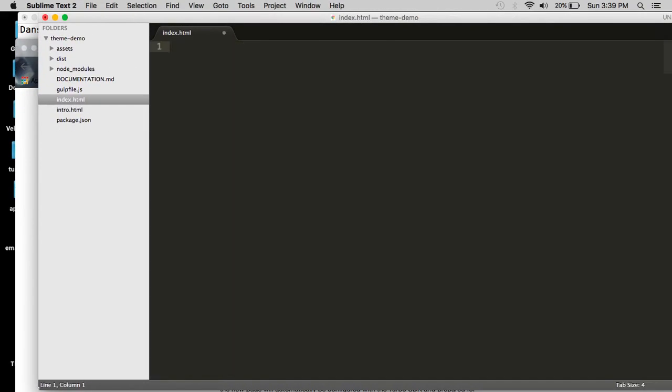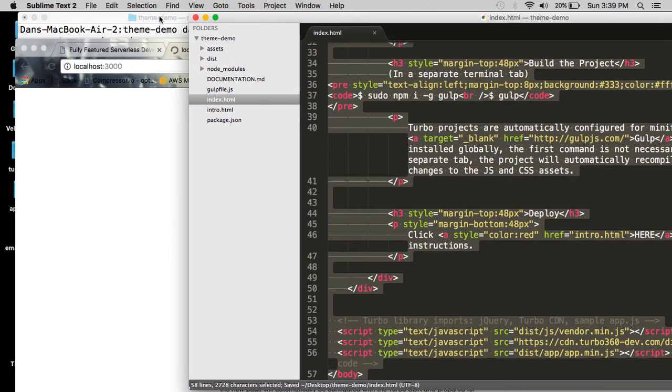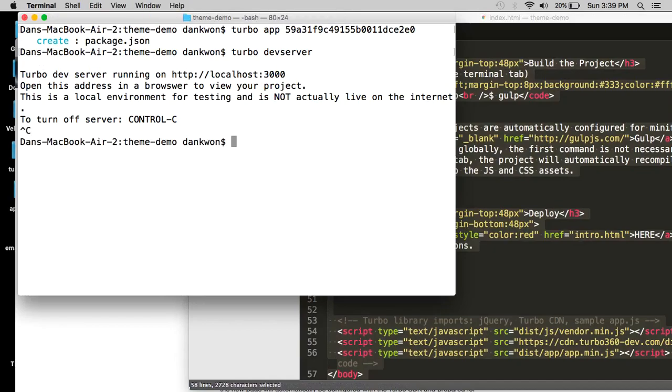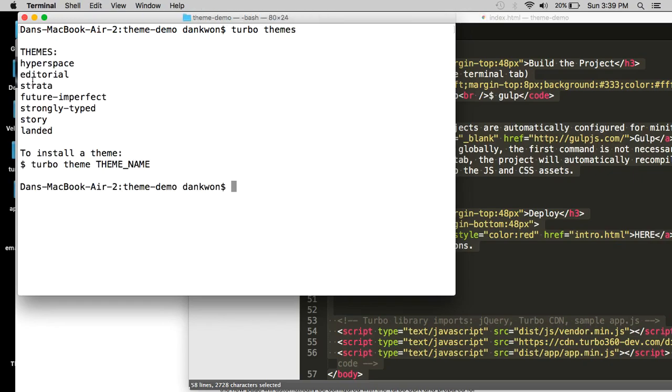So your own HTML, your own CSS, all that stuff. However, for a lot of people, that's a lot of work because the design can take a long time. So if you want to just get something up and running right away from a design standpoint, you can install a Turbo theme. Turbo comes with a handful of themes out of the box that you can just integrate. If you want to see what those themes are, you type in turbo themes, and it'll give you a menu of themes. These come from